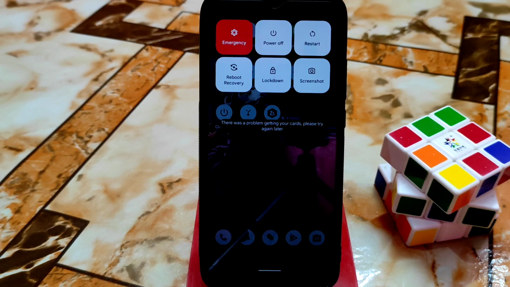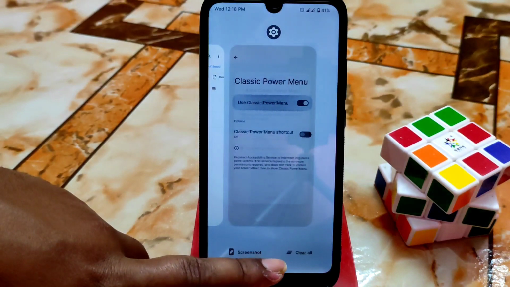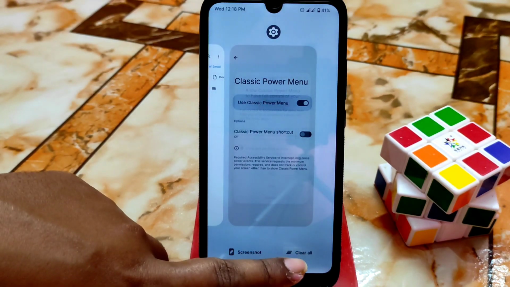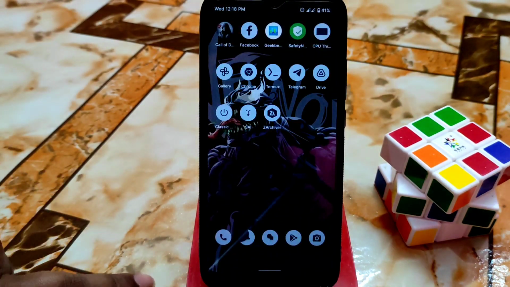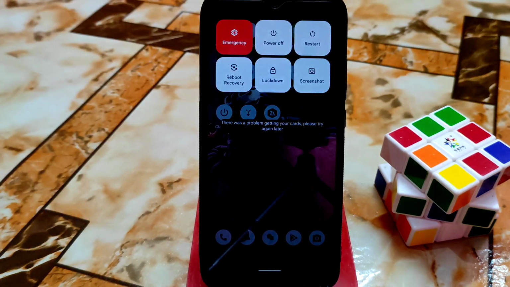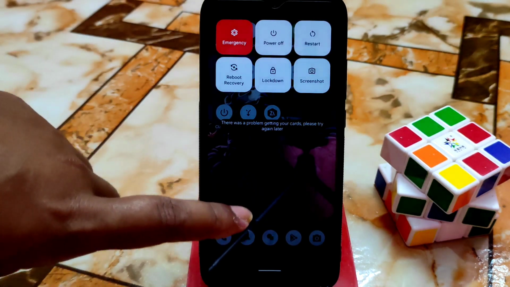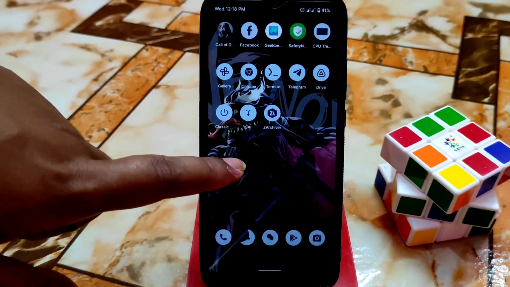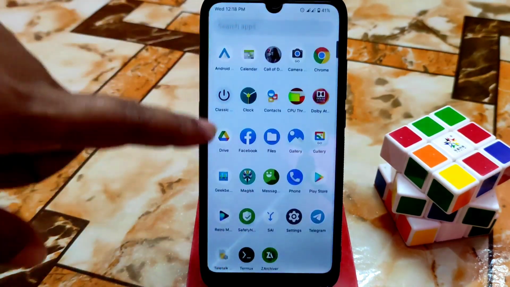And now I will show you how we can change the notification panel fully. If you clear the recents, no problem, it will work perfectly. Just click on that, so it is working without any issue. And now I will show you that. First of all, open Magisk Manager